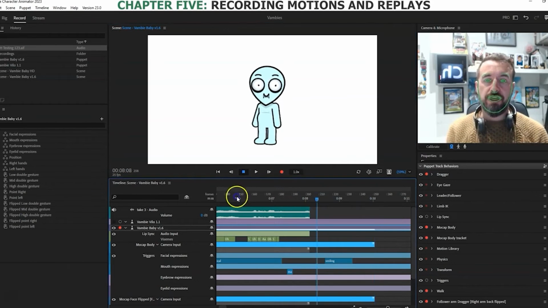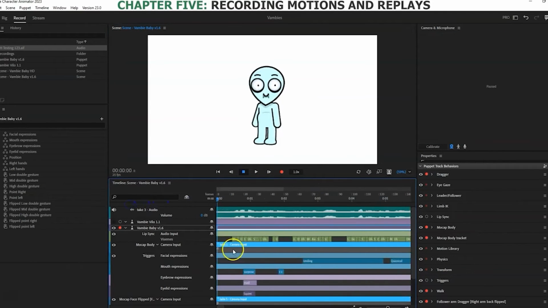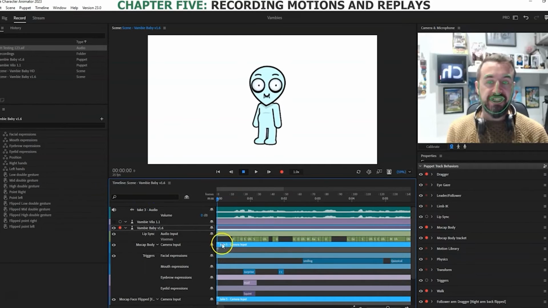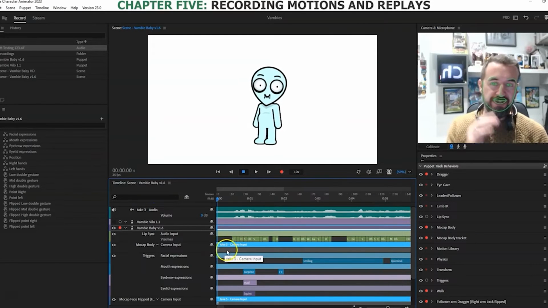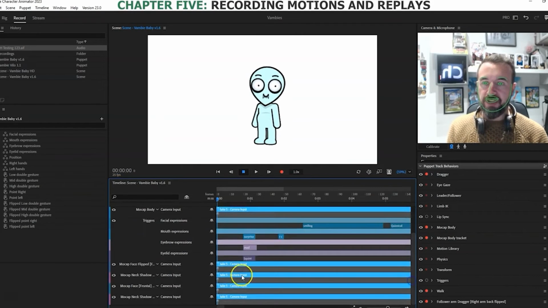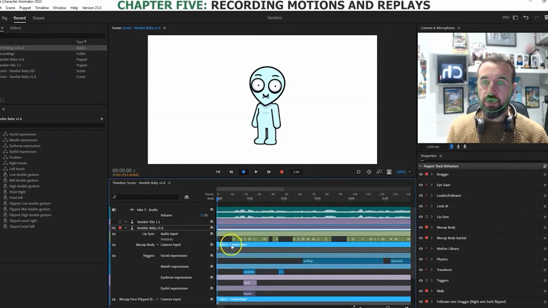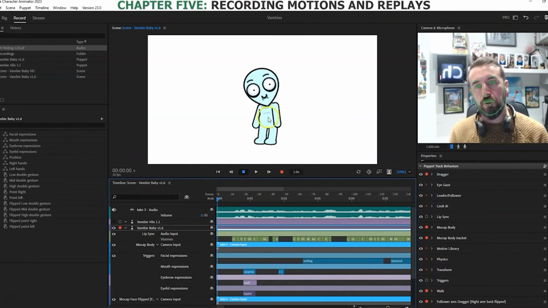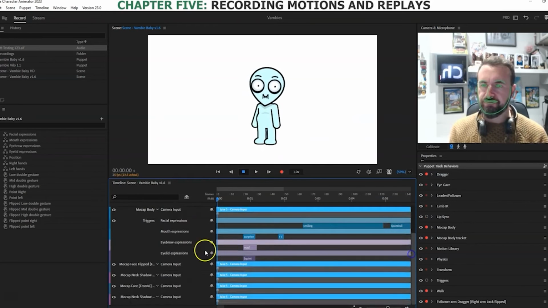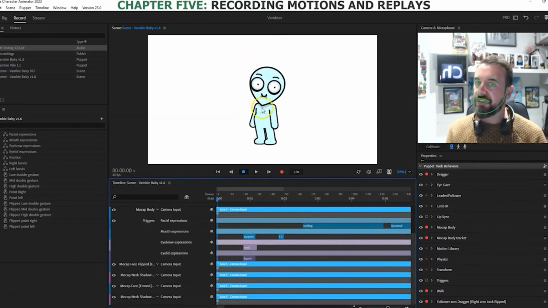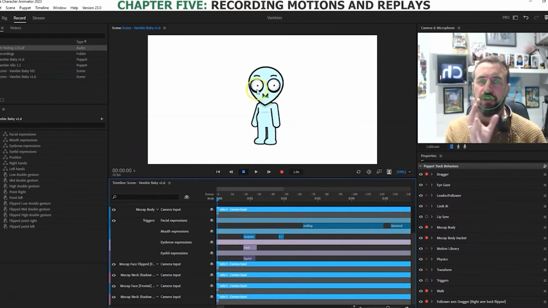Right, so that's my base thing, and as you can see, this take has now overlapped the one that came before it, and you'll see that all of these. So you've got basically anything called mocap is what's being recorded. So you've got the mocap for the body, that's recording the body movements. The neck shadow is this little bit of shadow on the neck, self-explanatory. The face, this is controlling mainly the parallax on the face and the eyebrow strengths and all those bits